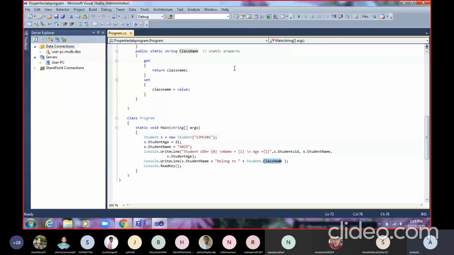to access that property I will use my class name and call that property. Because I am not setting any value to it, only the get method of this property will get executed. So this is the program. If I build, it succeeded. If I debug it,